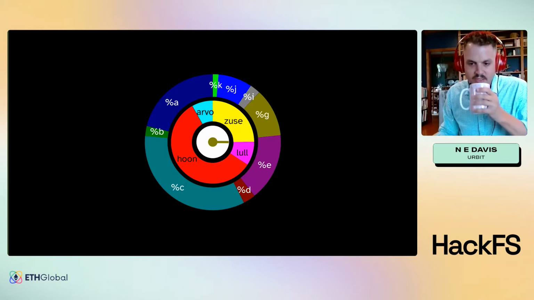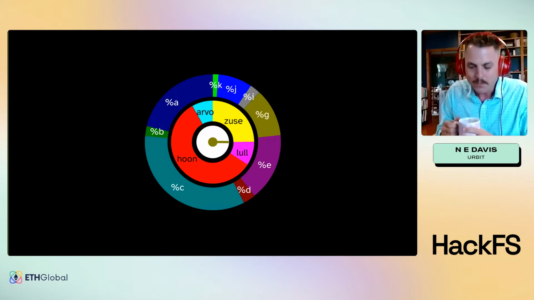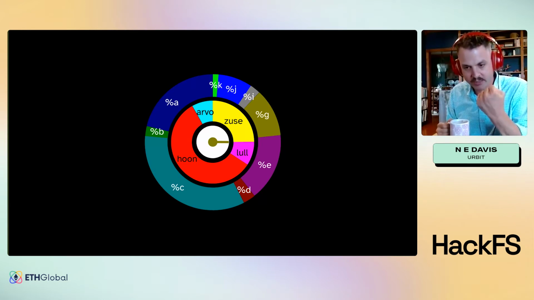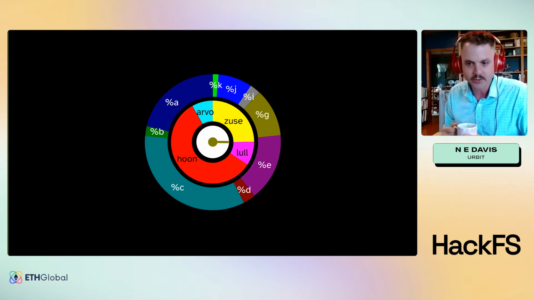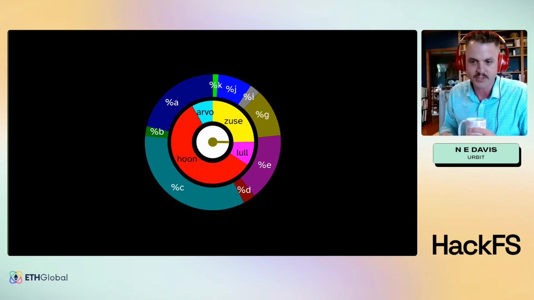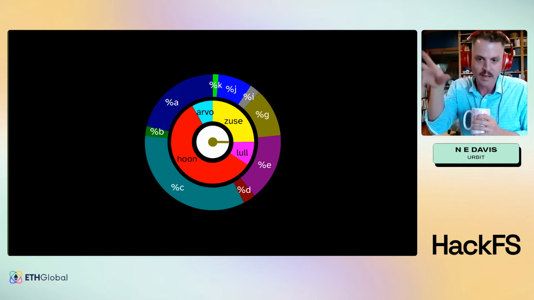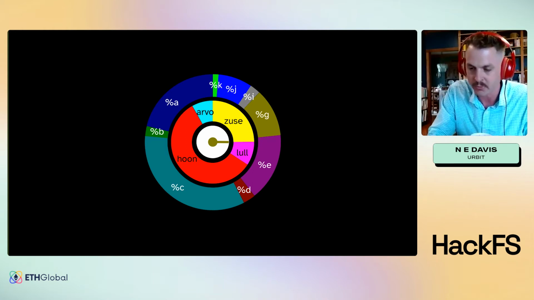All right, so turning this on its side, what I'm envisioning here is that this central circle in the middle represents the runtime system that's actually operating everything. There's a ring around that that's in the brighter colors. That's Hoon, Arvo, Zuse, and Lull. This is Arvo, which is the Urbit OS layer. Hoon is the language, so this is the components of the language. And then Zuse and Lull are the standard library. And then on top of those run the system services. And then based on those system services would be applications and end user applications that we'll talk a little bit more about at the end here.